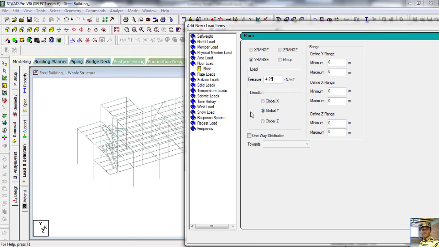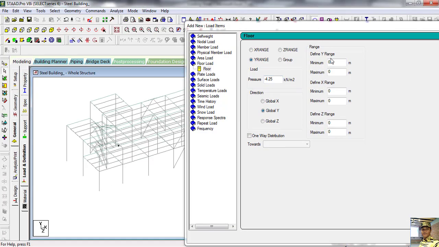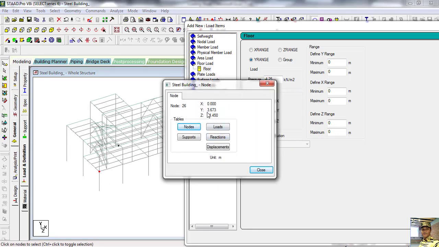Now first we assign the first floor level, so define the y range. So select this node, this is our 3.673 meter height. So this load will act only on this floor.